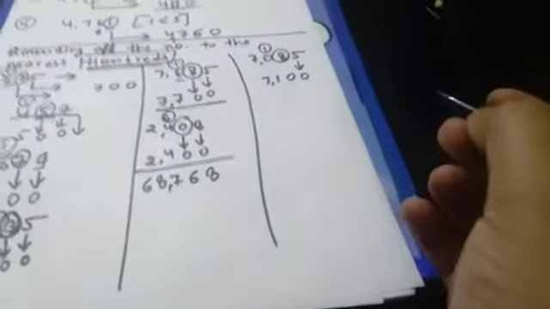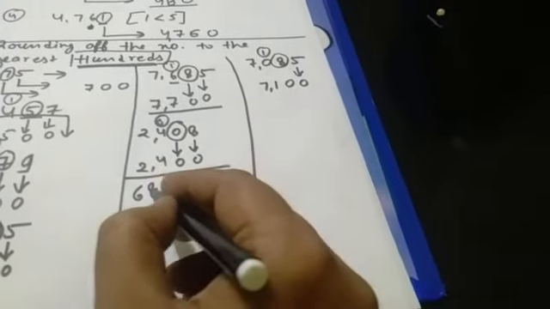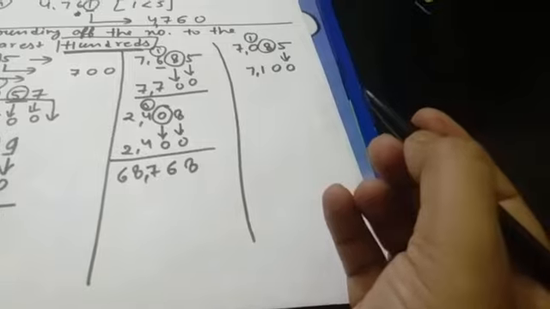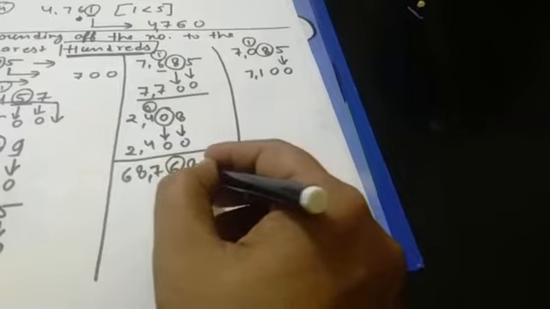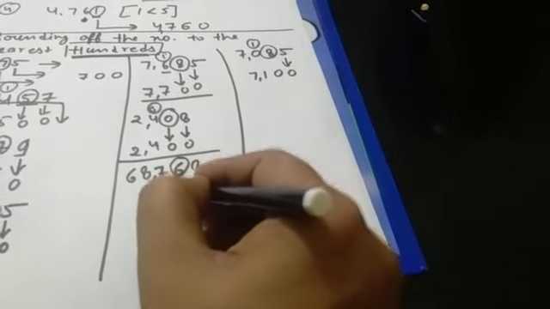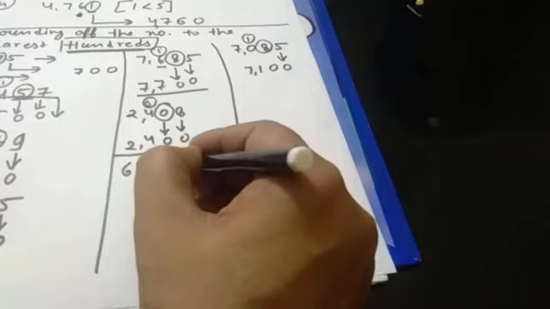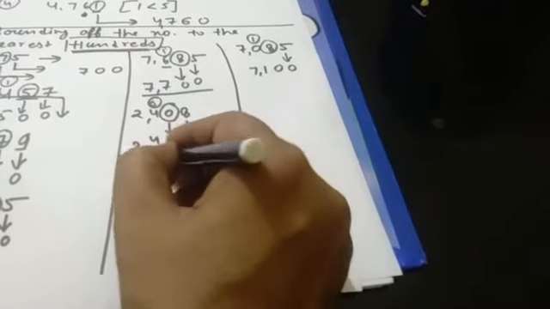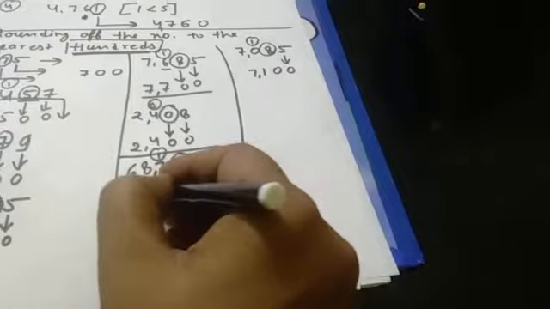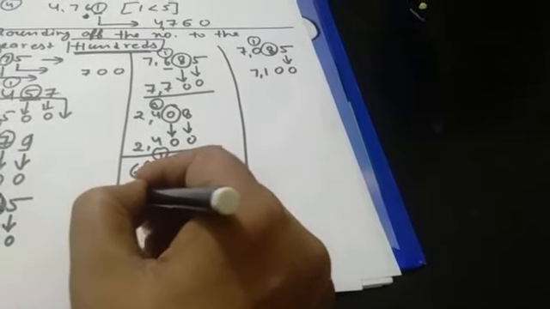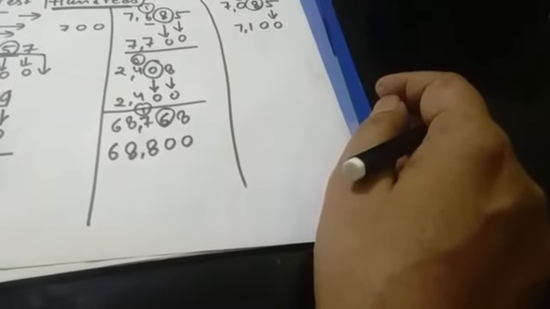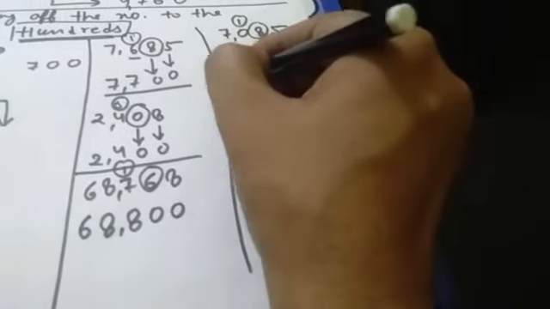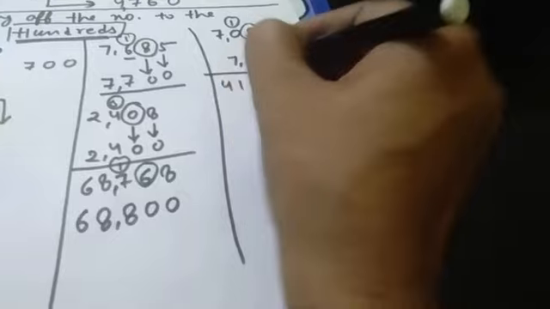Suppose I take a bigger number, 68,768. Observing digits are the ones and tens. Replacing 8 by 0, and 6 will also be 0, but since the observing digit is greater than 5, we will add 1 here. 7 plus 1 becomes 8, and the rest of the number will remain. I hope, students, you have understood properly. Now another number, 4135.